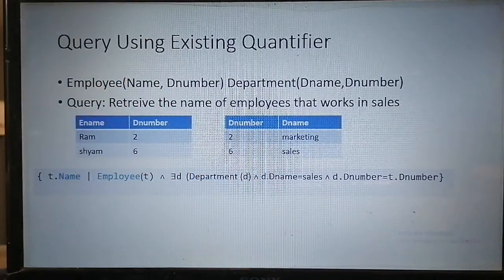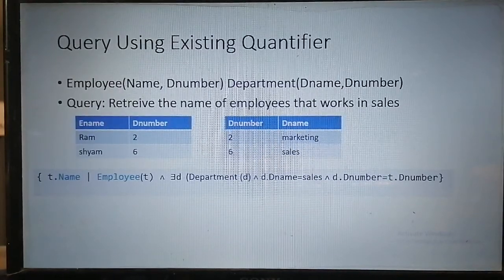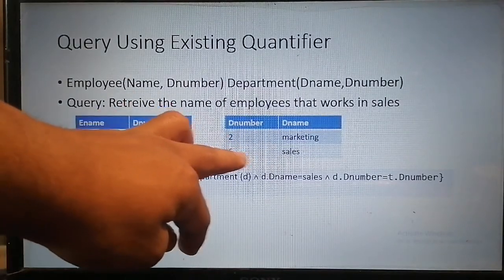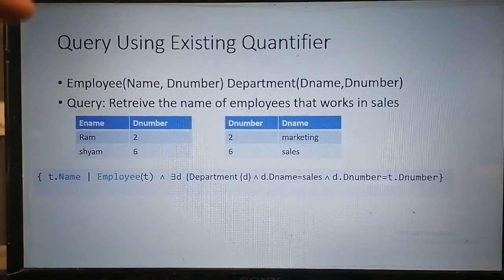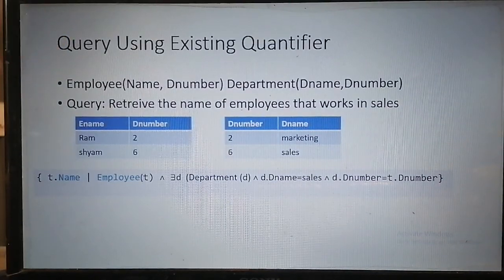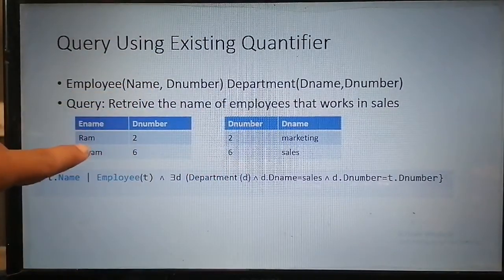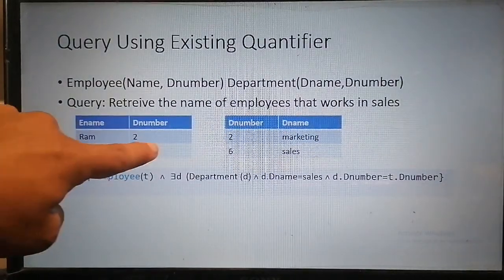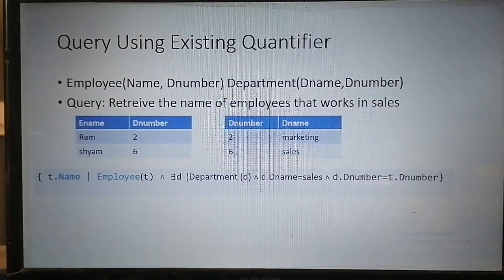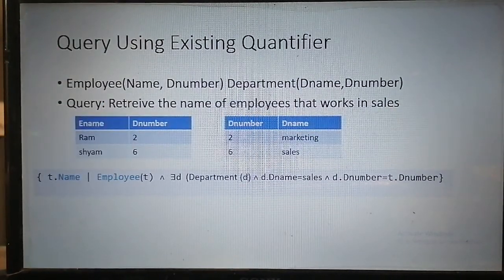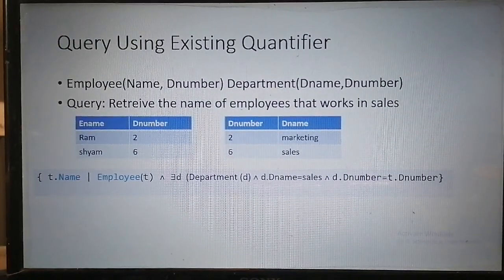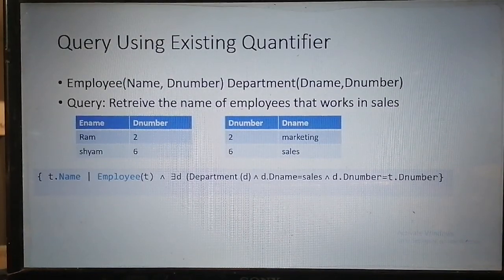The next condition is that the department number must be the same, meaning Sham with 6 can make a pair only with 6 Sales. So d.dnumber must be equal to t.dnumber. For Sham with 6, there must exist a tuple d that has the department number 6 and the department name sales, and the tuple must belong to the relation department.